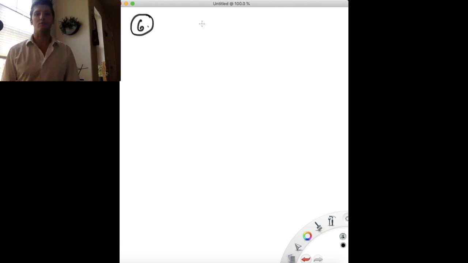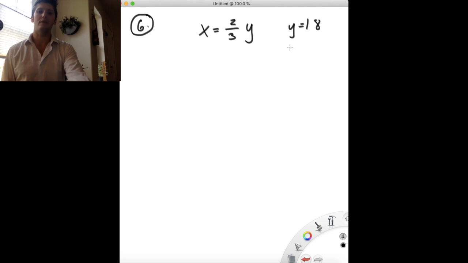Okay, so number 6, which says x is equal to 2/3 y, and y is 18. So, by the way, that y should be here, not in the denominator. Y is 18. So look, this is a trap where I feel like there's probably an answer for just like what x is, right? Because